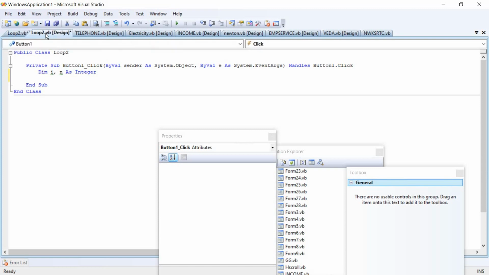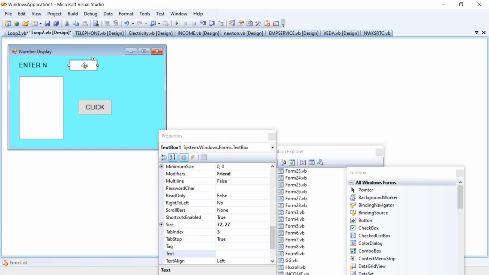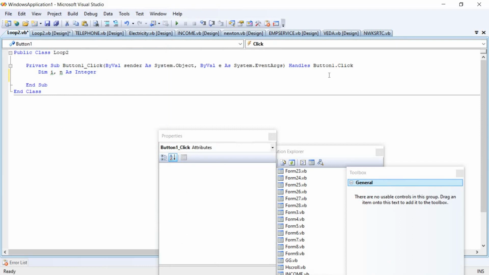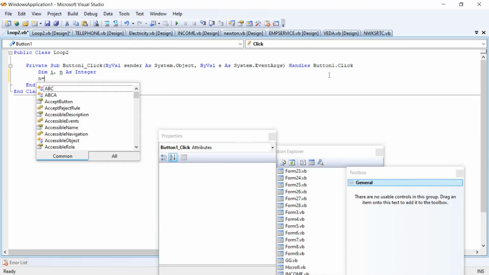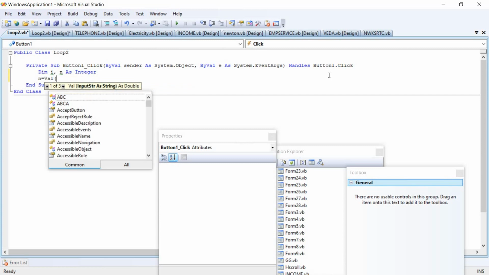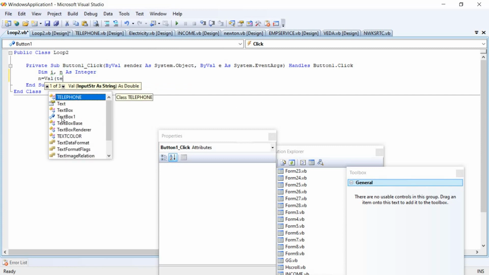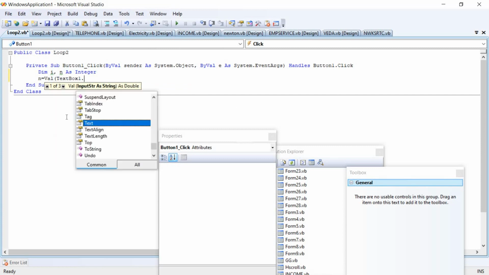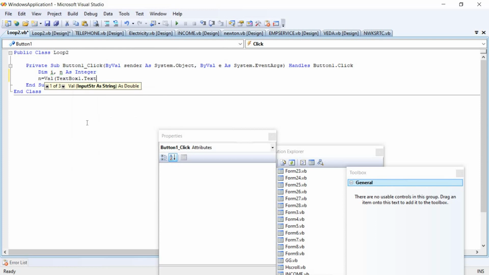As per the window design, the value of n, the input, is given in the text box 1, which has to be converted to number type using val function or val method. Val is a function which is mainly used to convert from text type to number type. N is equals to val of text box 1 dot text property.